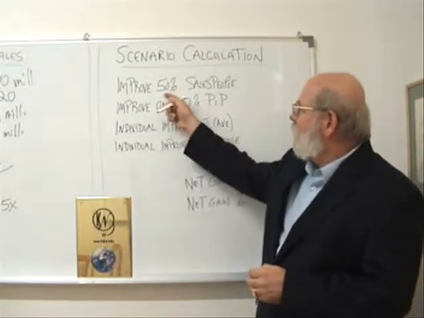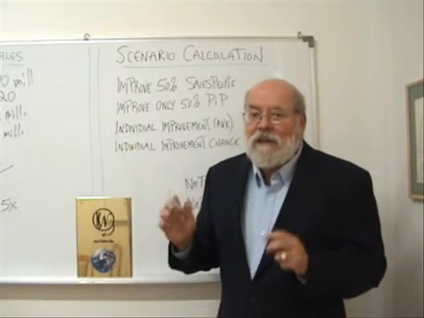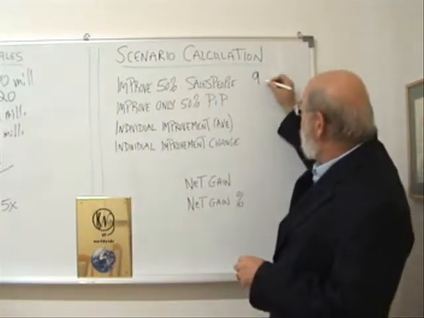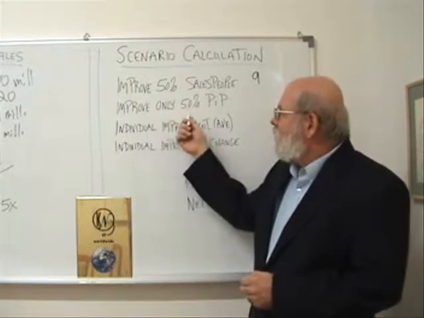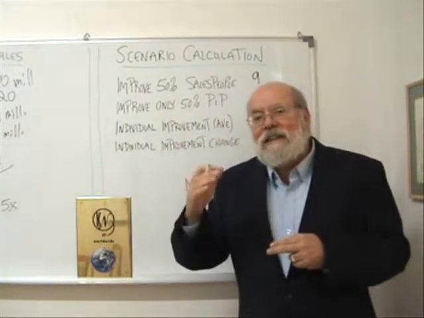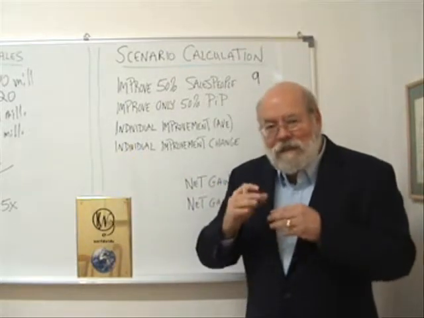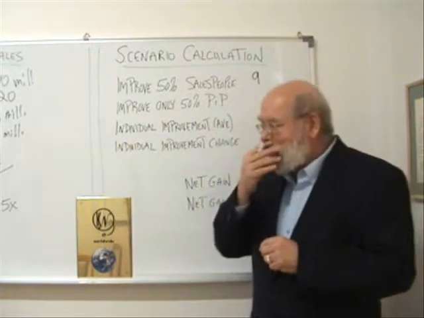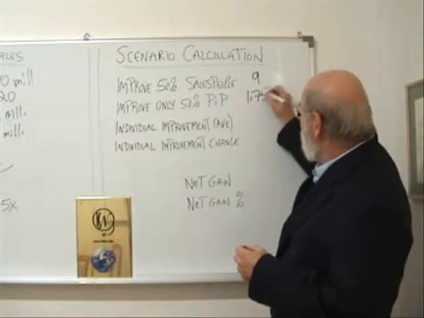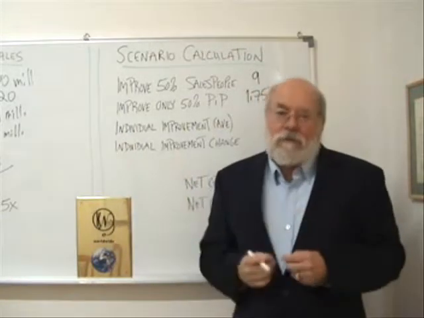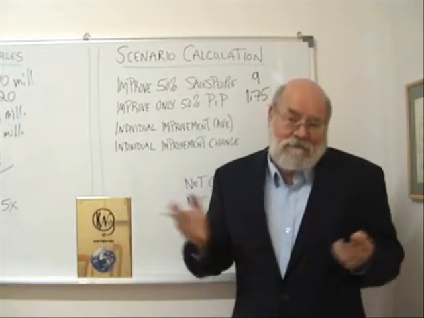So first thing we do is we just say, what if we can only improve 50% of our salespeople? Okay, just 50%. So of those 18, maybe we can get 9 of them to move up their performance. At the same time, let's assume we can only improve them to a 50% gain according to your top 10%. So not even full gain, just 50%. In this case we had a 3.5 gap, so we make that a 1.75 potential for improvement. Okay, so we're being very conservative. Half the people, half the performance, okay?